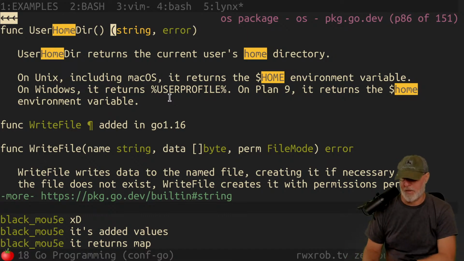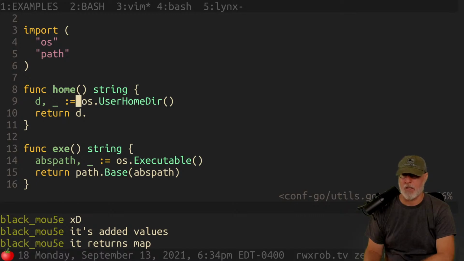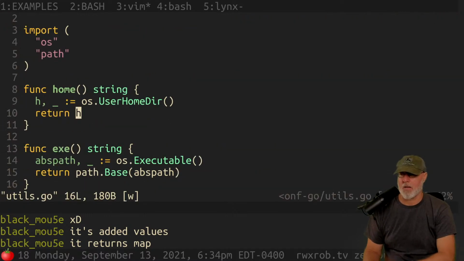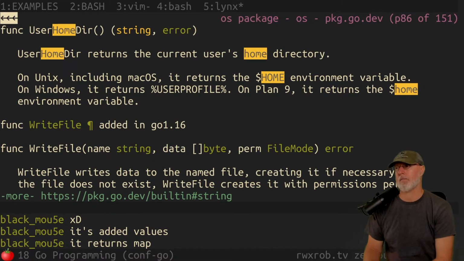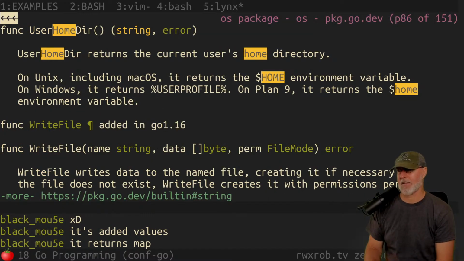And I remember there's quite a bit of debate about that in the home directory one, and I think I ended up going with the more precise one. But I feel like this should be fine. So I want to test this. All right, so let's go. I mean, it's just a home directory.